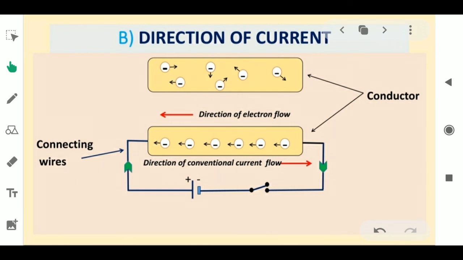So even today we consider the direction by drawing from the positive terminal to the negative terminal, but the actual flow of electricity is from the negative terminal to the positive terminal, because the direction of electron flow is from negative to positive. But always in circuit diagrams, we use arrows from positive to negative terminal. It is very, very important. Please don't be confused. Clear?